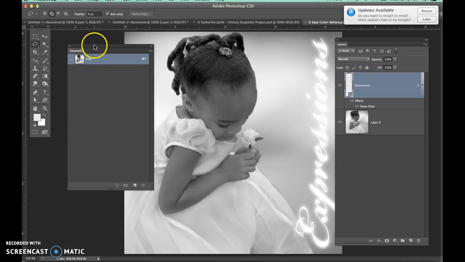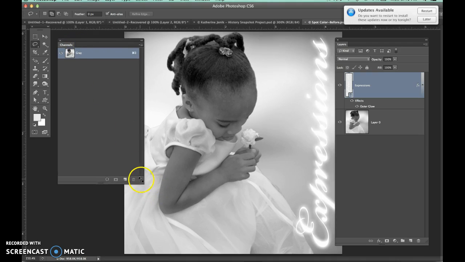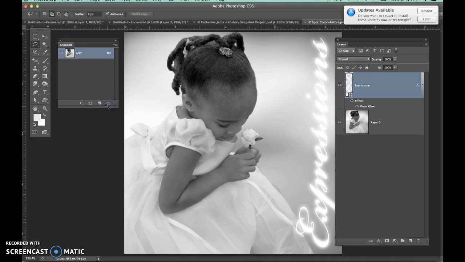Hi class, we're going to review the spot channel section. First thing we're going to do is look at the file that we were given in the book, and I'm just going to review the part that we wanted to do with the use of the outer glow. I think the rest of it made a lot of sense to you all, but I want to